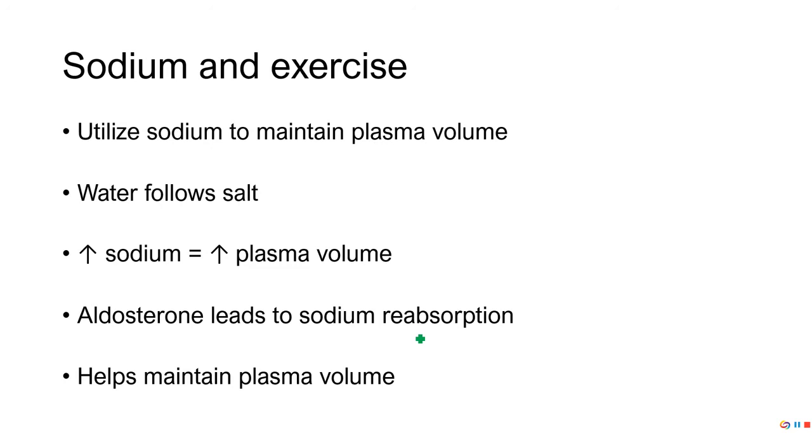Ultimately, when we exercise, we need to maintain blood pressure. We do this by holding on to as much water as we can. Problem is, things get a little tricky. You sweat, and when you sweat, you lose plasma volume. And if you lose plasma volume, you're making it more difficult to keep a higher pressure. Not only are you losing fluid, but you're also losing sodium. And sodium makes it a lot easier to hold on to fluid. So if we lose salt as well as fluid, it kind of exacerbates things. And so our body's going to do everything it can to maintain blood pressure.